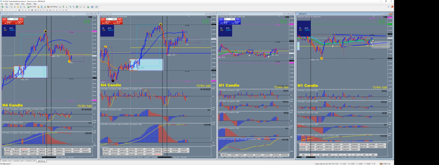So at least I can see if it goes strong and tries to break, then I know there's a possibility it's going to continue to go up. Or I know if it gets up here and it starts changing colors, then I'm like, okay, it's probably going to turn back around. But the 5-minute is not, it's